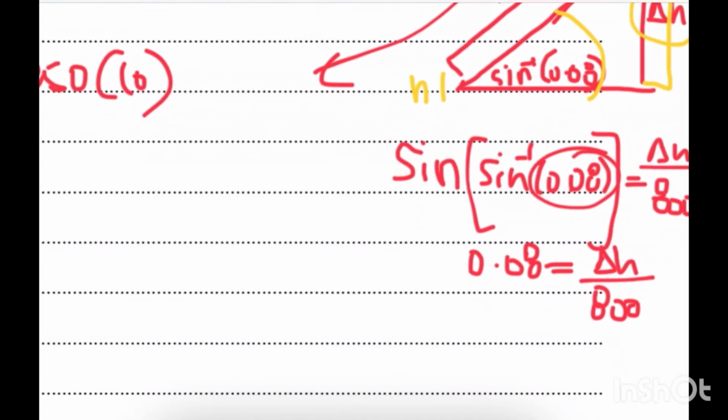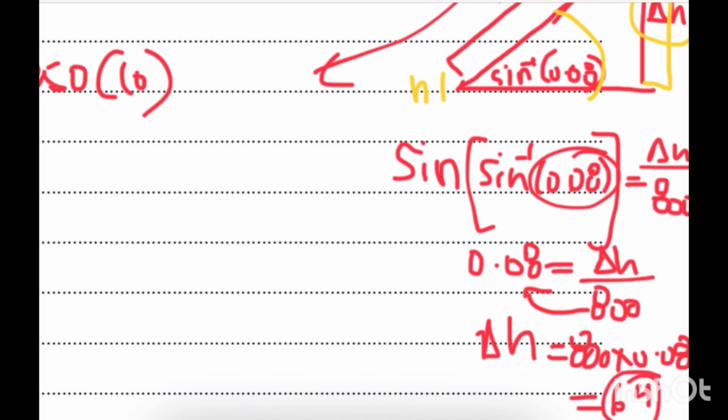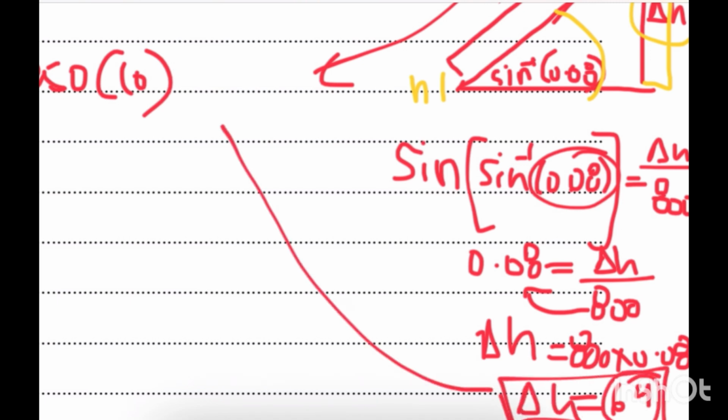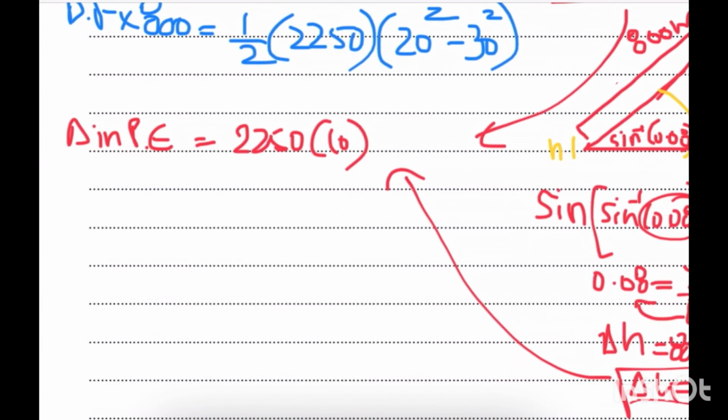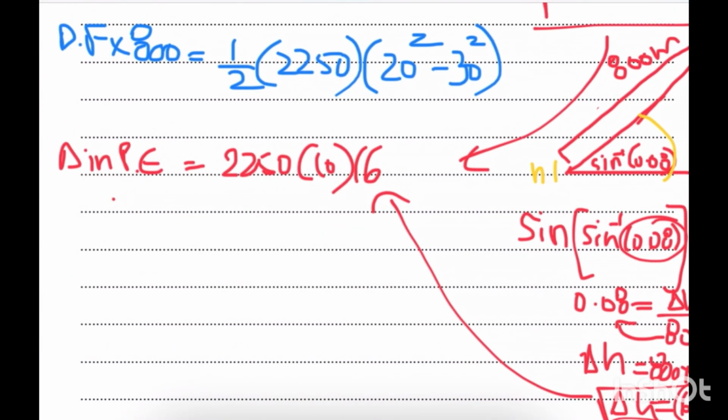That makes the change in height equal to 800 multiplied by 0.08, which is equal to 64. So that is the change in height, which we can take back into the change in potential energy formula: 2250 times 10 multiplied by 64. That makes the change in potential energy equal to